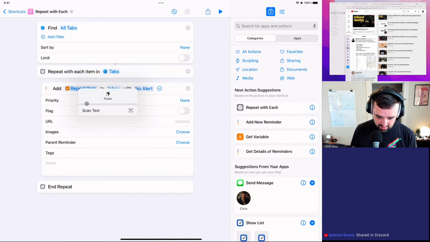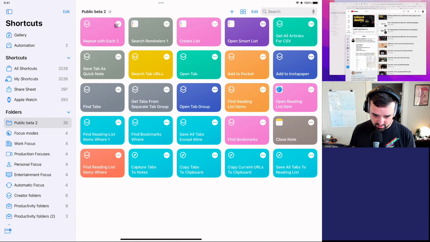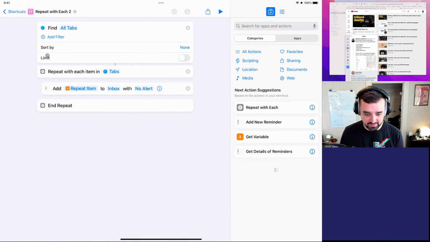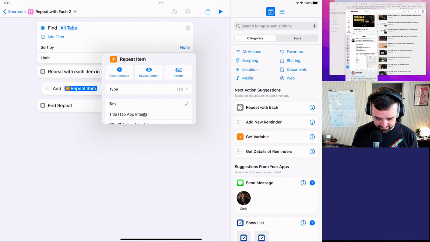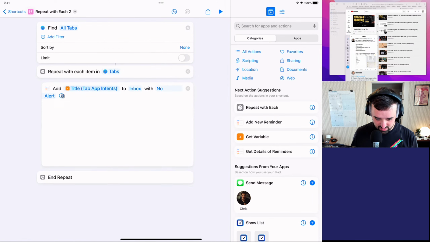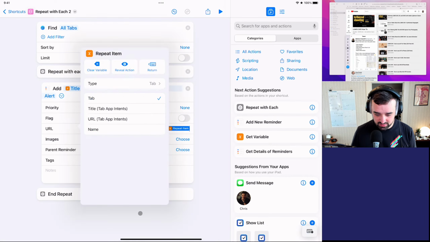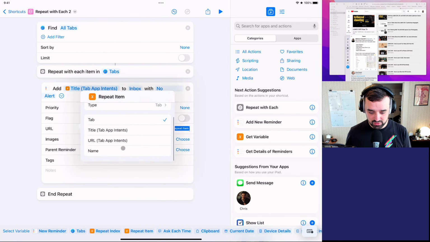So I would do the repeat item here. Come on. Shortcuts won't let me select it. Okay, let me go back. I should count that as a crash. Add the title. These are actually, I'm probably going to use this one because I just like having the rich images, and I like that